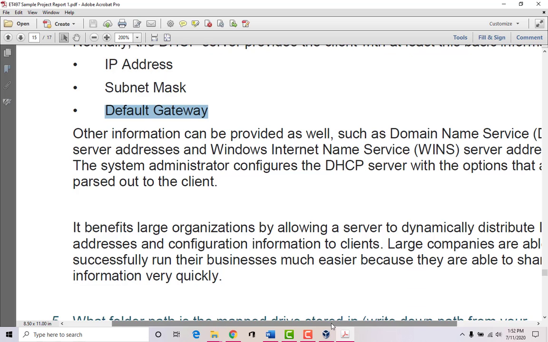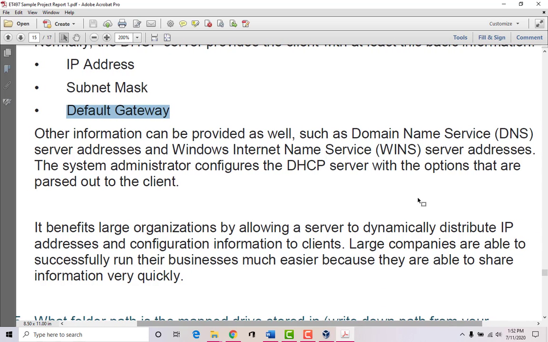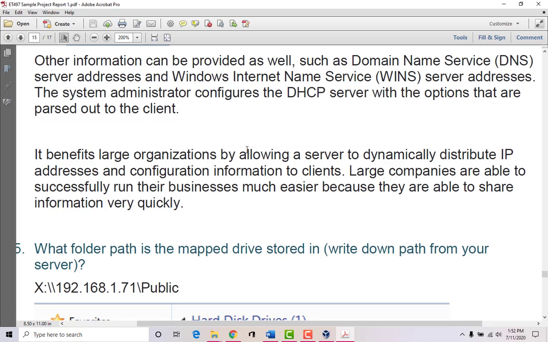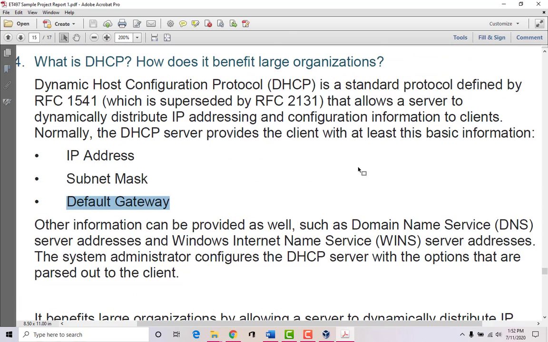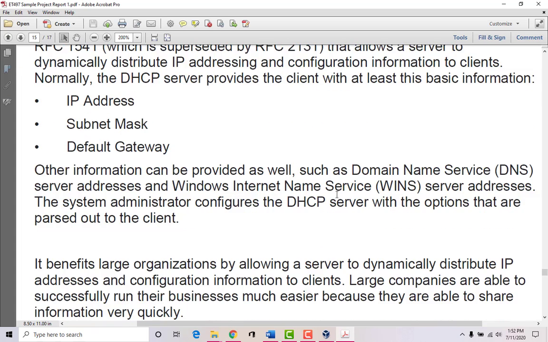Then you also have these other protocols that I was talking about, like DNS, the Domain Name Server, or the Windows Internet Name Service, right? These are all services that allow you to convert from an IP address to a name. Okay, so in a large organization, you don't want to keep track of hundreds or thousands of IP addresses, so DHCP will give it an IP address. You also don't want to memorize IP addresses, but you want to memorize names, server names. So this is where all these come into play. Okay.